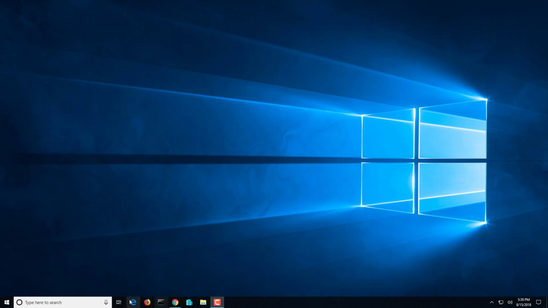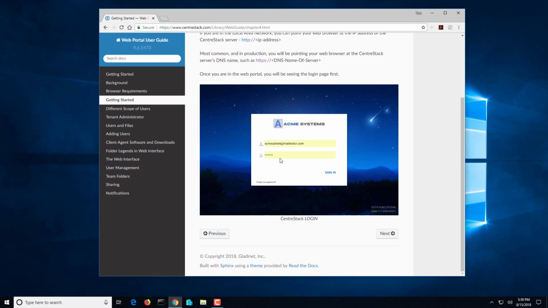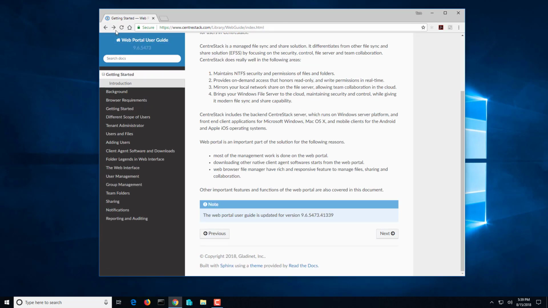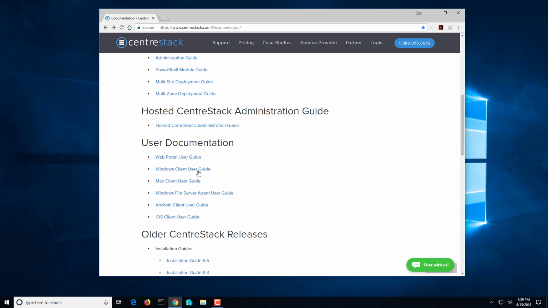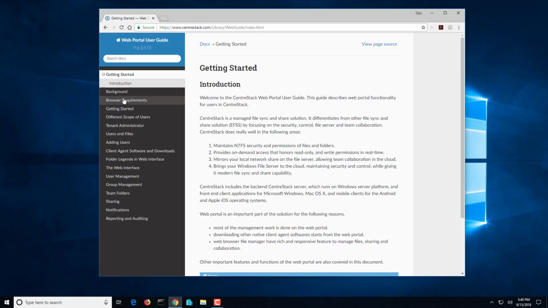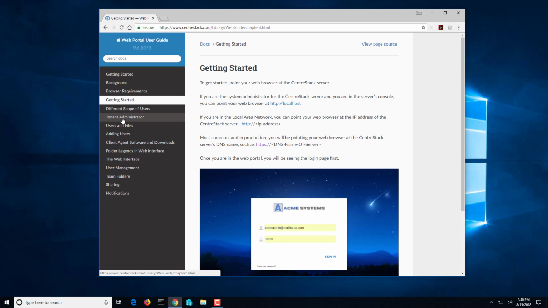Today I'm going to look at the web portal, and we have a guide for that. If you go to centerstack.com/documentation, you'll see that we have a web portal guide under user documentation. And if you go in there, you can see that there's a lot of content here, like browser requirements, getting started,